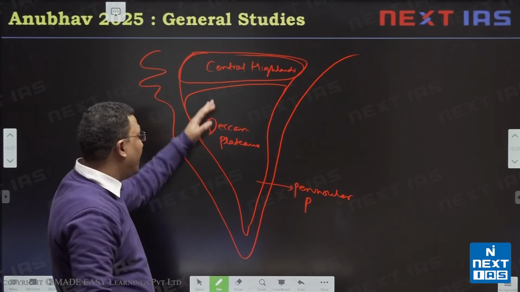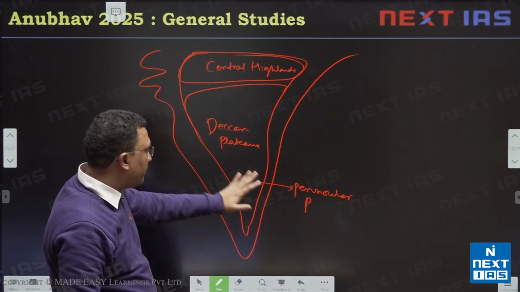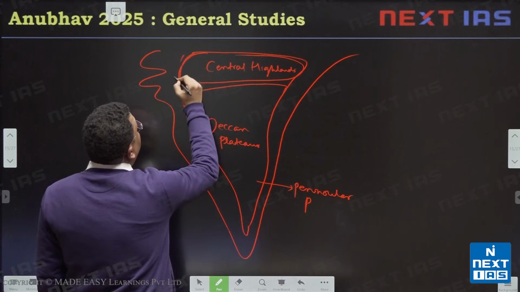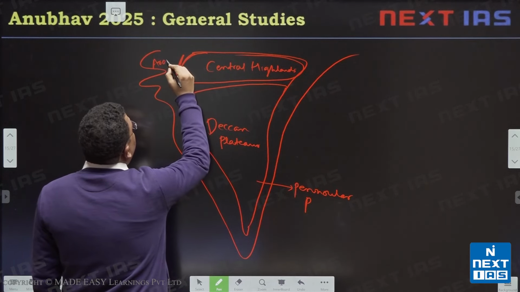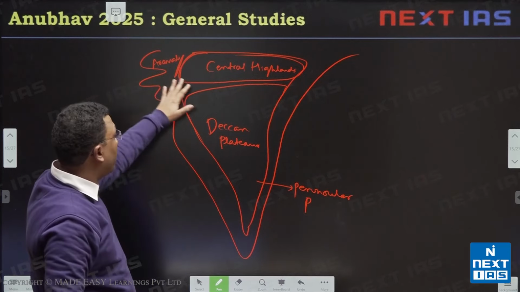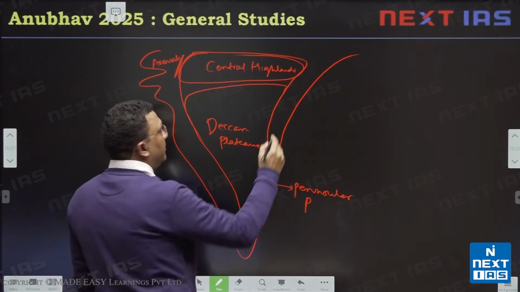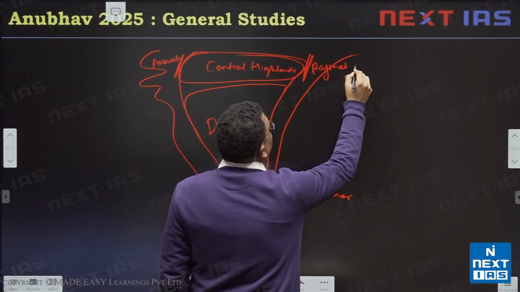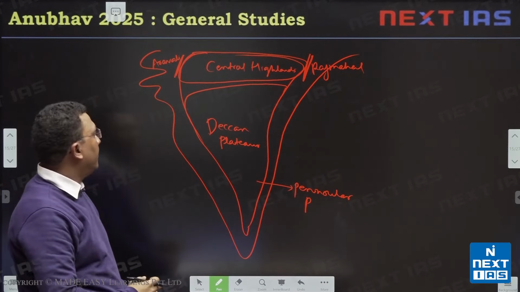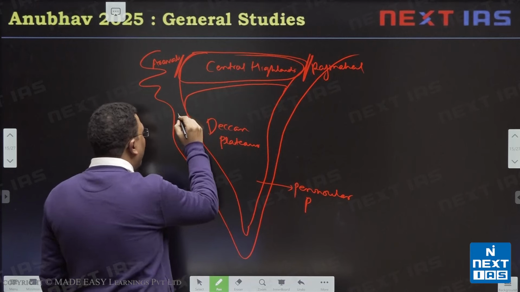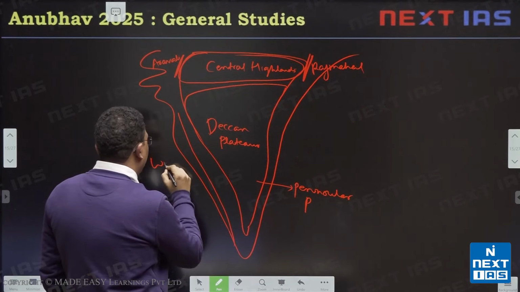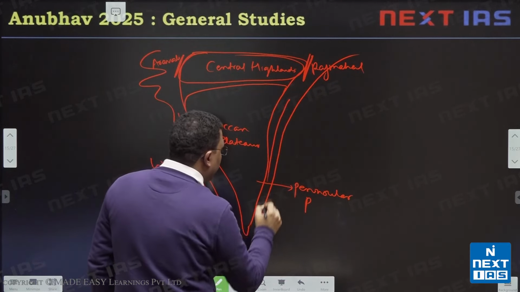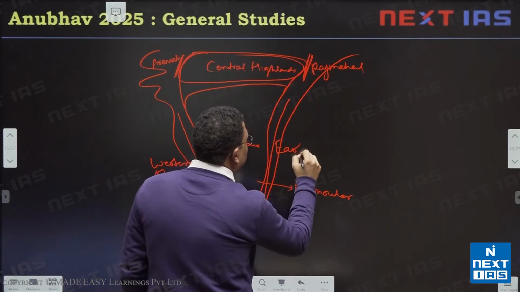So both these Central Highlands and Deccan Plateau are basically constituents of the Peninsular Plateau, right? Now if you see, this Central Highland is bounded by the Aravali range in the west. So the westernmost boundary of Central Highland is the Aravali range. In the eastern side, this is bounded by Rajmahal Hills, which is placed like this, right? And if you see the Deccan Plateau, this is bounded by the Western Ghat on the western side, and on the eastern side, this is bounded by the Eastern Ghat,